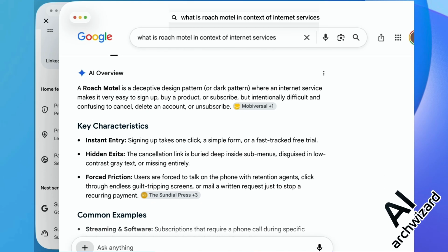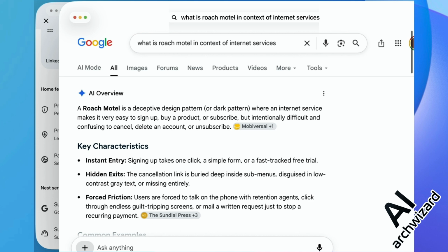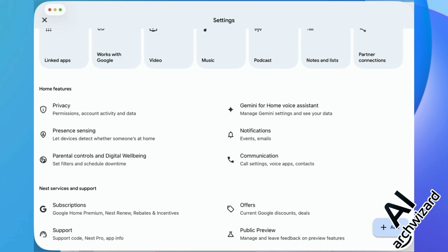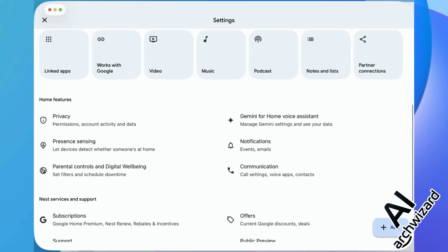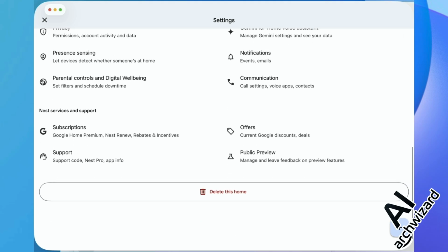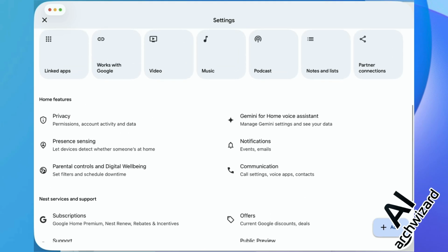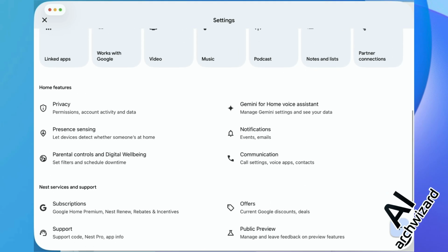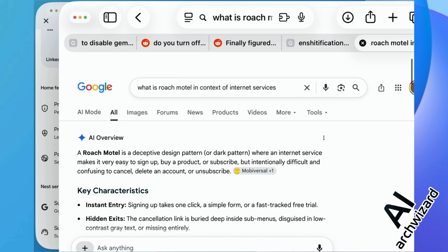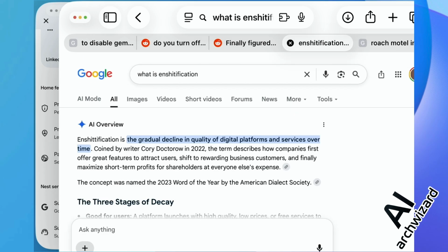So Roach Motel: you can easily turn on Google Gemini for Google Home Smart Speaker and Voice Assistant, but you cannot easily disable it.